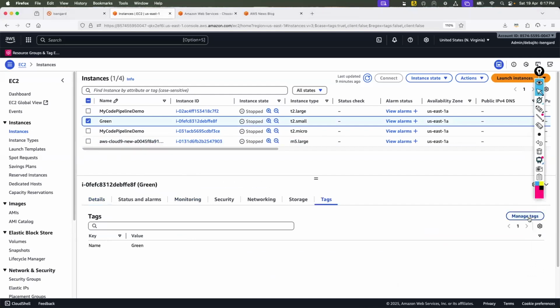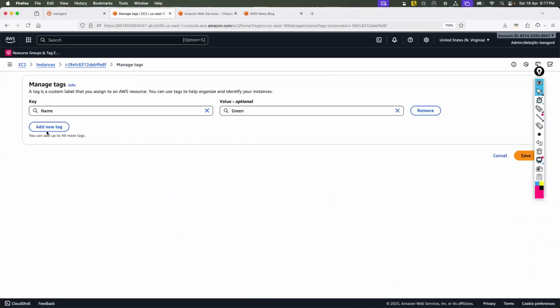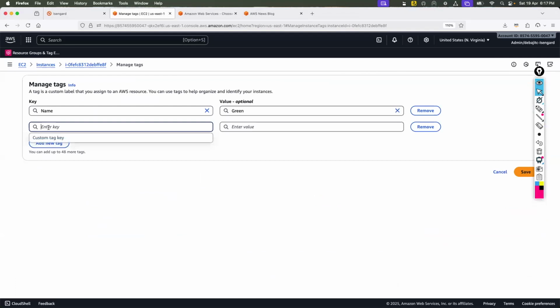Let's say go to manage tags, add new tags. Let's say department is 5G operations. So let's say this server is something related to the 5G operations department. Or this server is something related to HR.